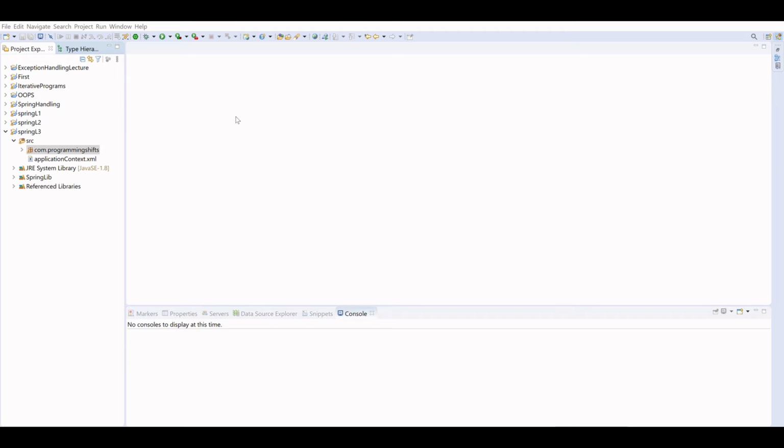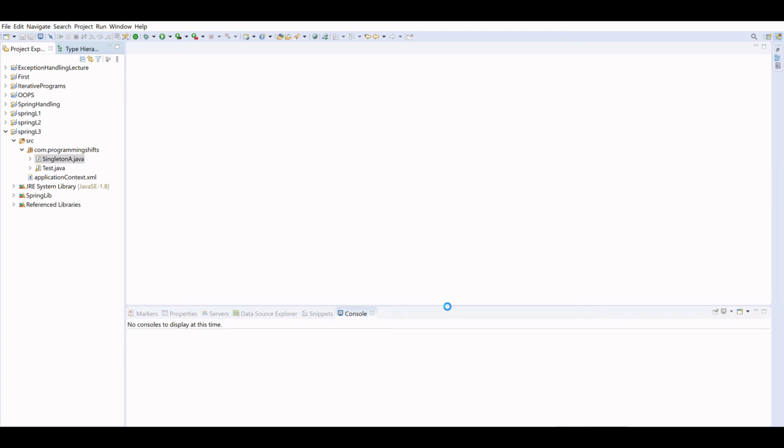In the whole life cycle of the application it will give only one object, and you have to work with that. So let's create one singleton class. I'm giving it the name SingletonA, just to understand that this is a singleton class.